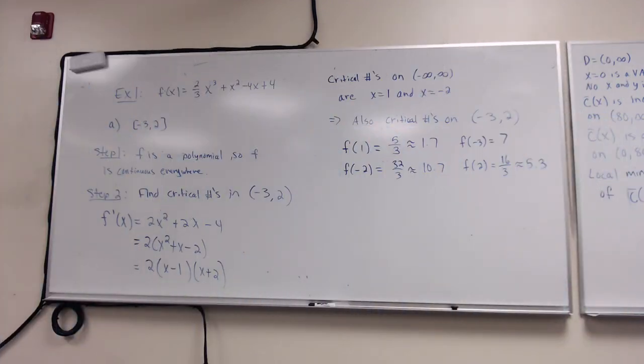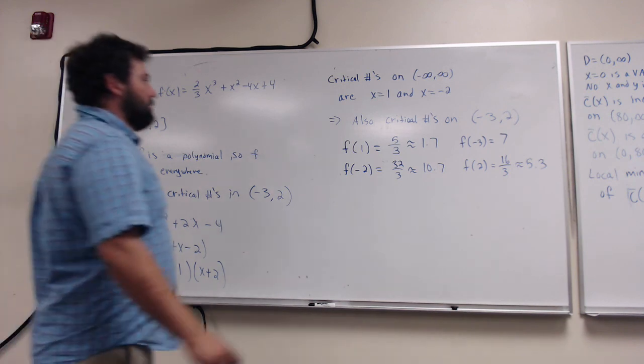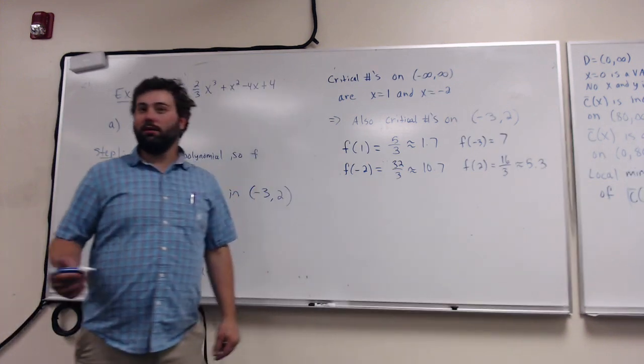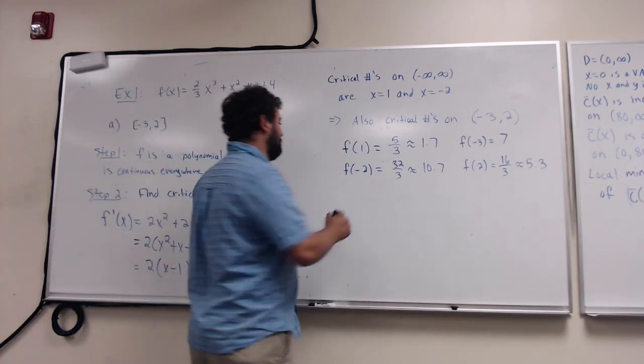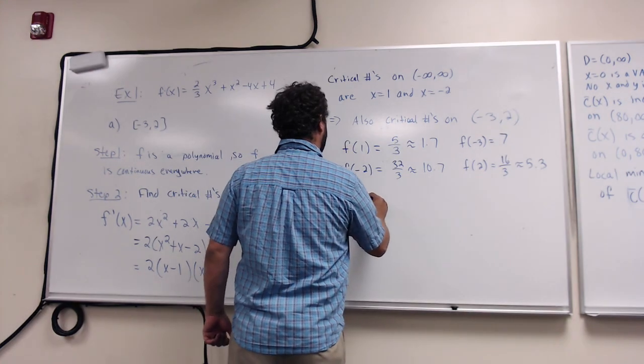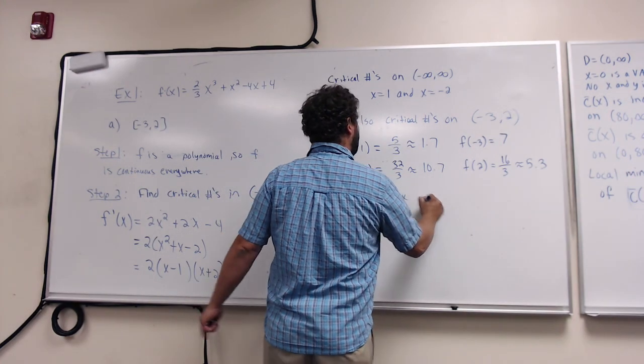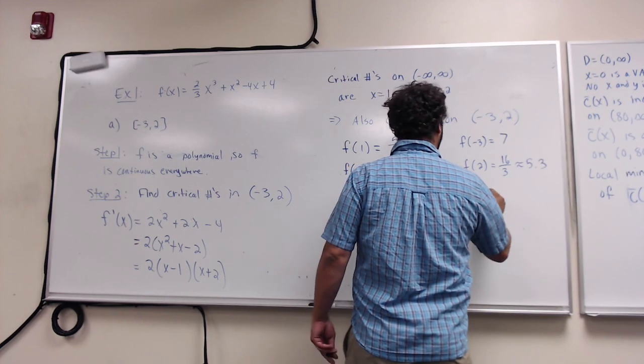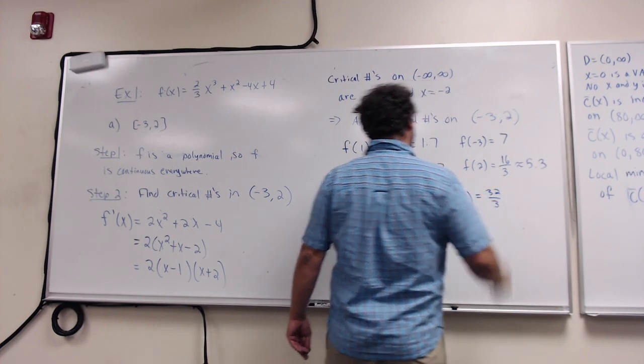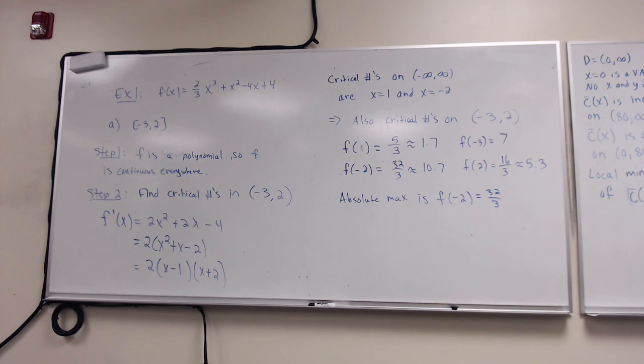All right, so we found the critical numbers in the interval. Okay. And then we plugged those and the endpoints into the function. So what's my absolute max going to be? F of -2. Okay. So on that interval, that's going to be the largest y-coordinate. If this was a profit function, that would give me the maximum profit. And then the absolute min